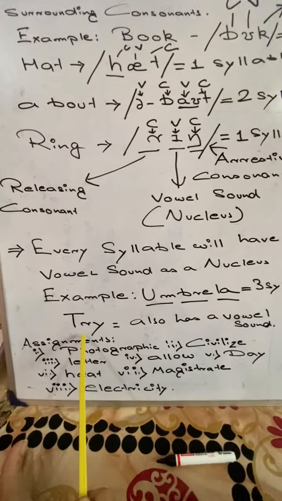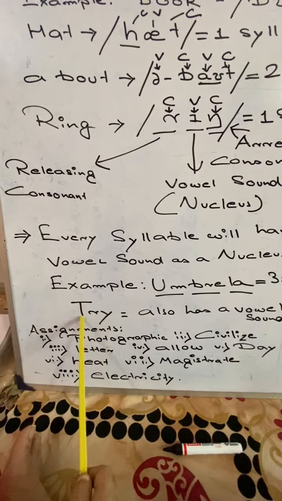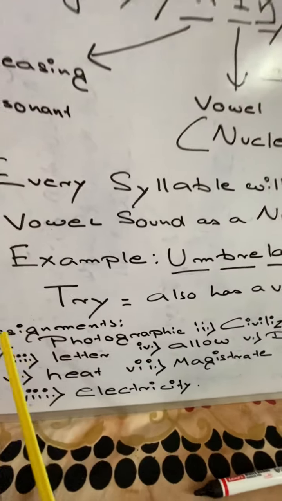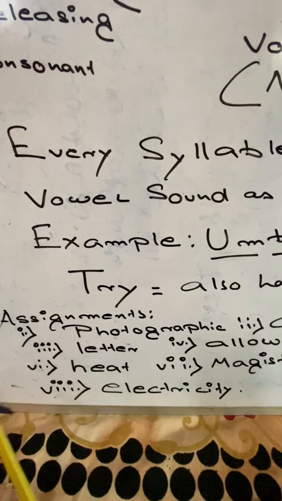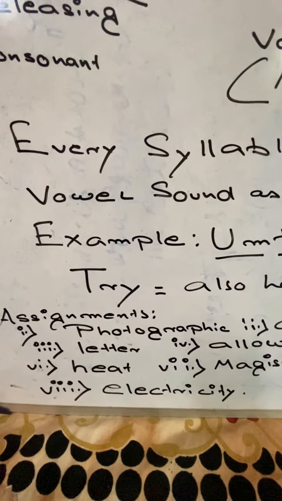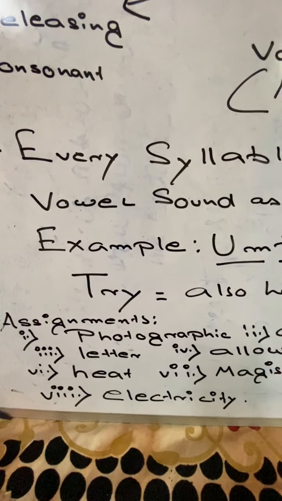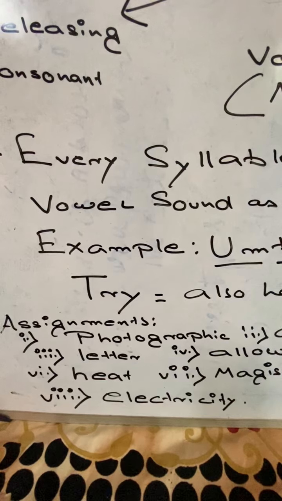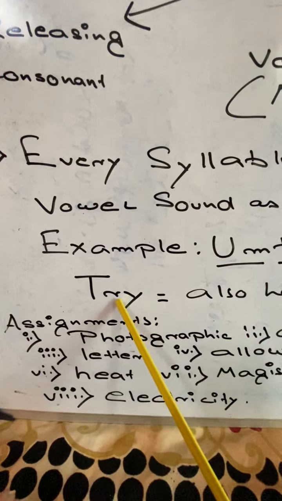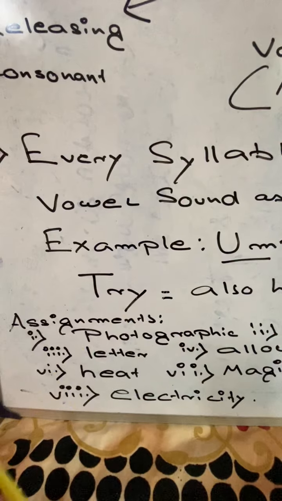Now consider the word try written here. In try, you have no vowel alphabets written here. But remember, we are talking of sounds. When we pronounce the word try, it is t, r, a, e. I repeat once again. T, r, y is pronounced as a and e. That means the vowel sound is this particular thing. It is written y, but the sound is a vowel sound.